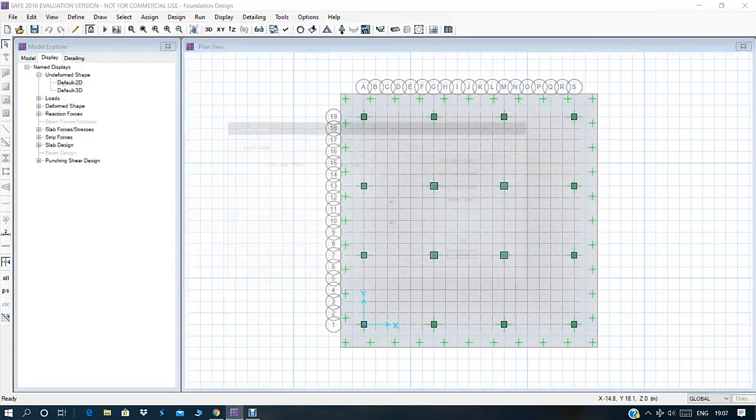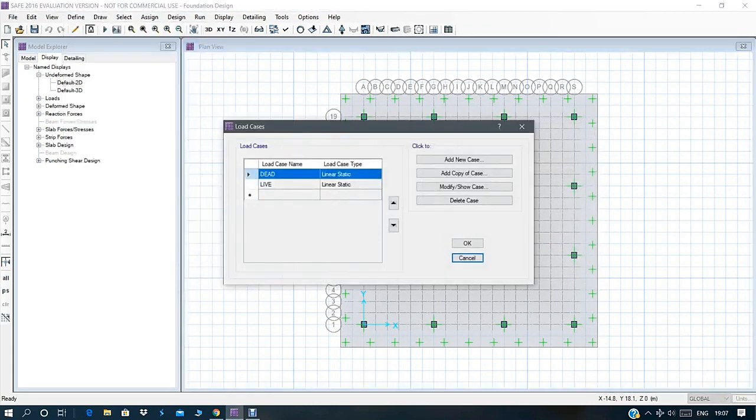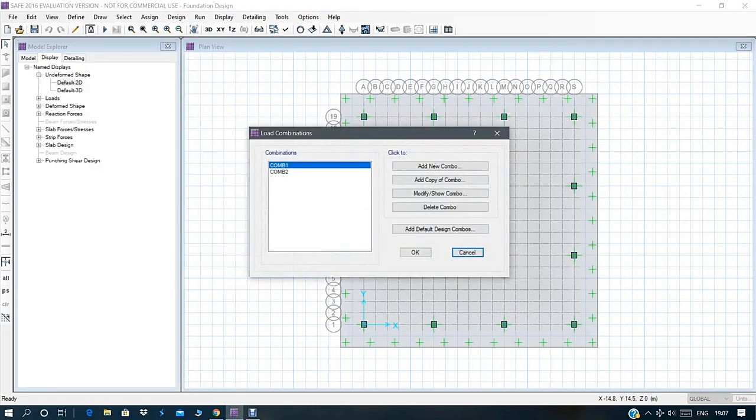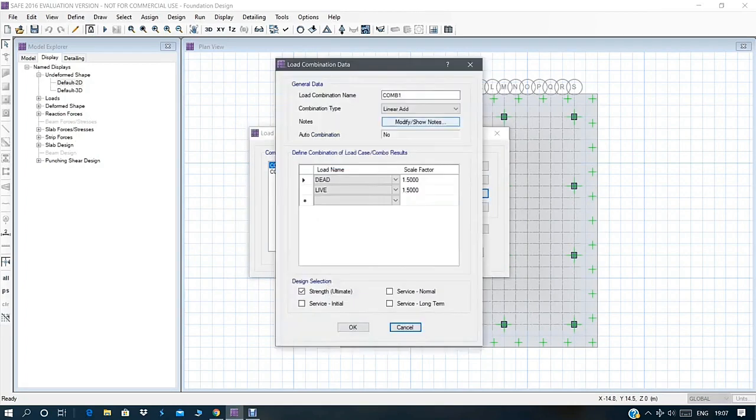So first material, then the slab properties, then column properties, then subgrade soil properties, then we have to define the load patterns and load cases. In load patterns we have assigned dead load and live load, self weight multiplier 1. Then load cases, dead load, live load, linear static type of analysis.